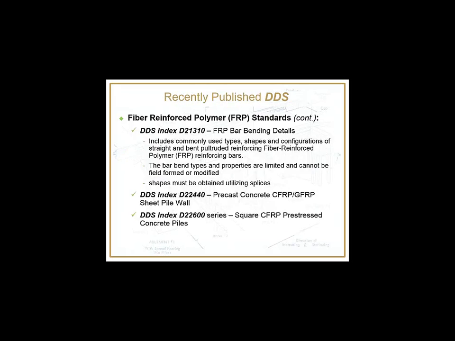Now, a couple of recently published design standards were the FRP bar bending, and then prestressed concrete sheet piles, and square concrete bridge piles, and fender piles that utilize carbon fiber reinforced polymer strands and glass fiber reinforcing stirrups for the sheet piles. These are actually part of the initiative for innovative materials, and we'll actually be building on this even further in